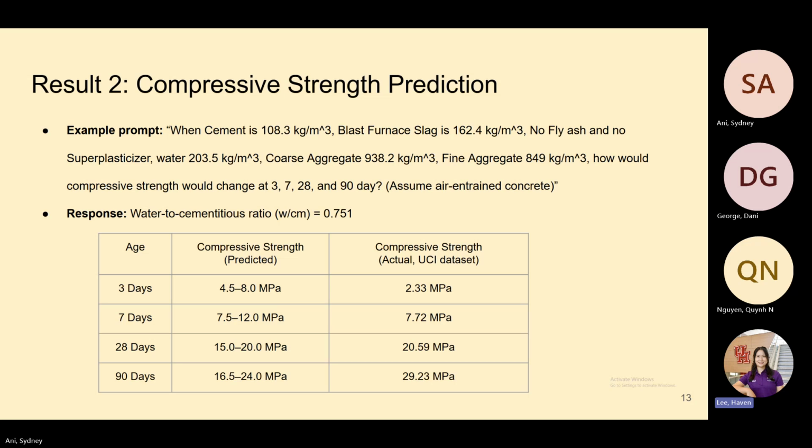At 90 days, the maximum difference was around 17%, which could be further calibrated based on local batch variation in real use cases. However, since 28-day strength is commonly used as a key parameter for structural design, concrete proportioning, and evaluation, it is worth noting that the predictions generated by ChatGPT showed strong accuracy.